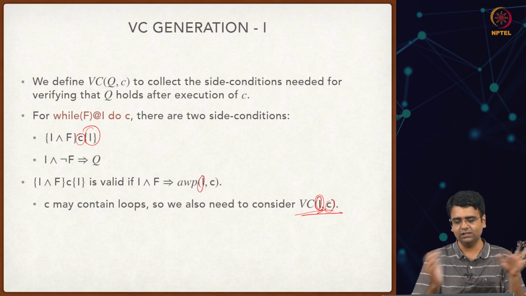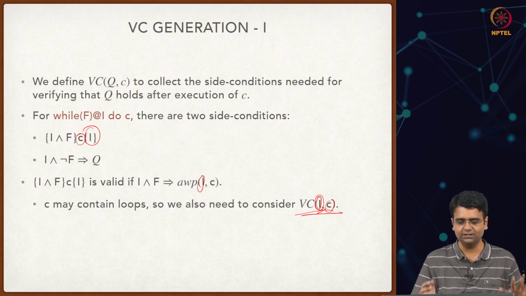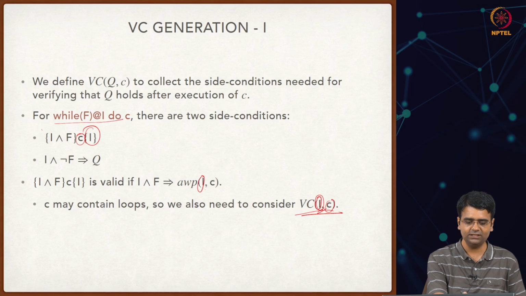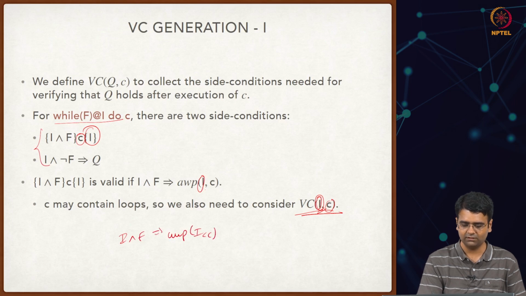So let's collect all the VCs, all the side conditions. For a while loop there are these two side conditions: I and F should imply AWP of I comma C. This is one side condition. The other side condition is I and not F should imply Q,